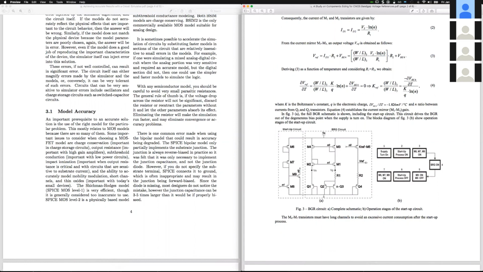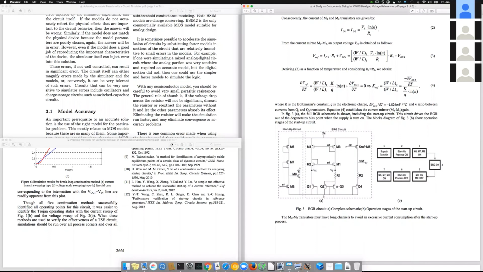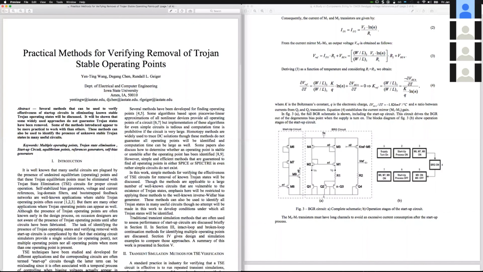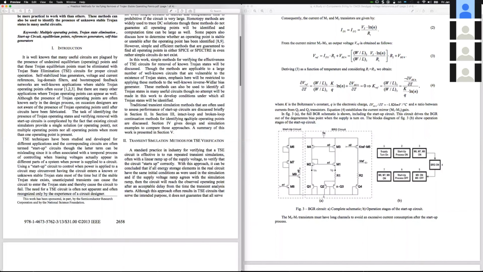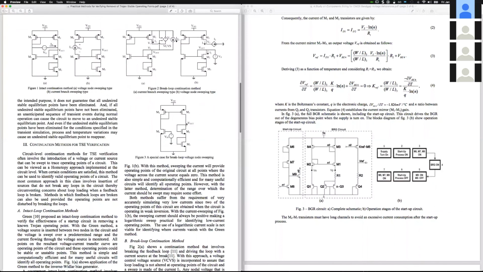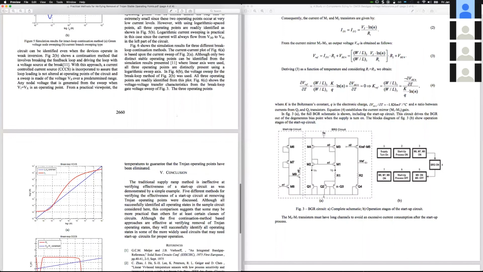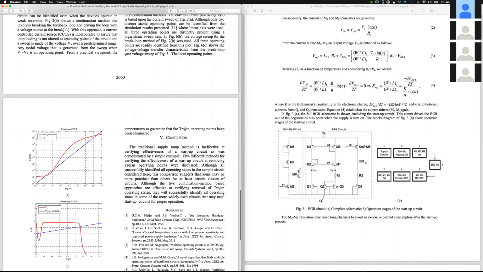Now, one of the articles that are really good, the one that I presented parts of, is this one, and it's a paper from a PhD thesis, and they're actually talking about breaking the loop multiple ways. They're doing either current feedback or voltage feedback, breaking it or not. I have them on the website, and I recommend that you dig deep into them and replicate these experiments in a way that enables you to understand the circuit. And I think this should be a general practice